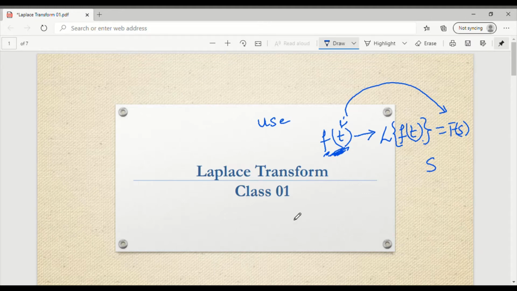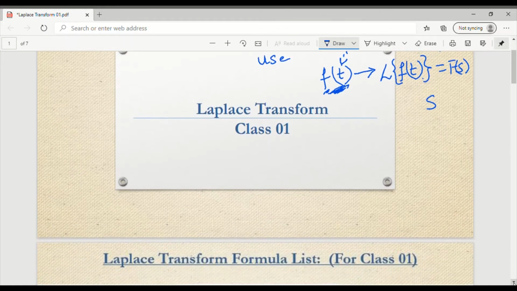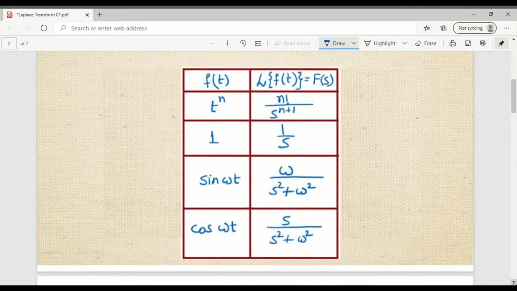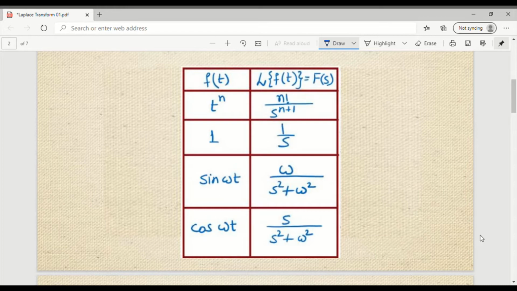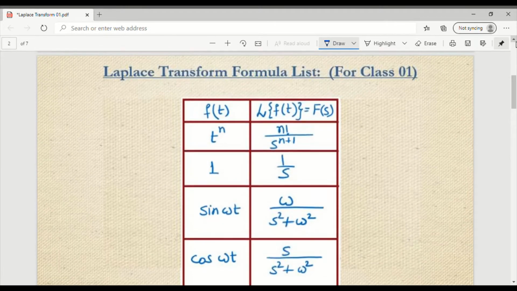For that, we are going to have a formula list. For each and every class we will have a list of formulas, and we are going to use those formulas. So I request my students to please pay attention to the formulas, because if we are confused about formulas at exam time, it won't be that useful. These four formulas can be used for today's class. Today we are going to have simple questions, and then we will move on to complex questions as well.